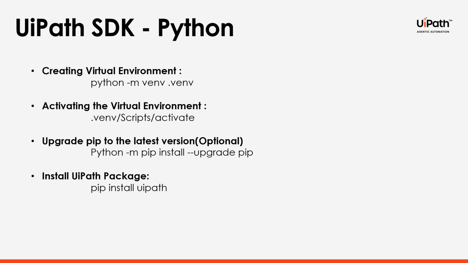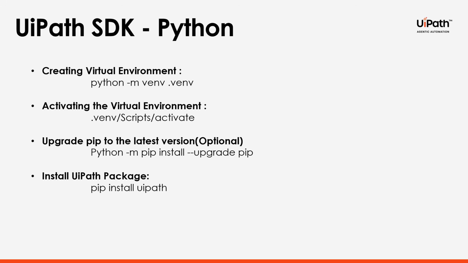Once we run this command, we'll get a .venv folder, depending on the name that you have provided, which contains the lib, scripts, and include folders. Inside the scripts folder, we'll have the activate and deactivate scripts, or bat files. We have to run the command .venv scripts activate to activate the